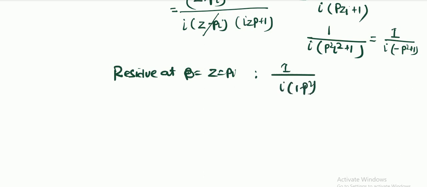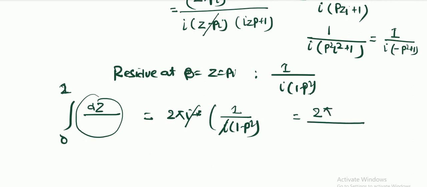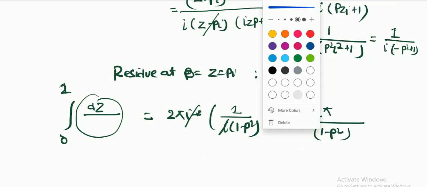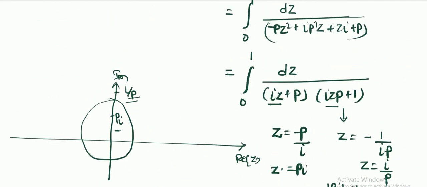Okay, so what will be the value of the integral 0 to 2 pi, that is 0 to 1 dz by the following integral which we have to solve? By using the Cauchy integral theorem, it equals 2 pi I into the sum of the residues. What we are getting as the residue is 1 by I into 1 minus p square. Okay, this I cancels out, and hence the expression of the integral will be 2 pi by 1 minus p square. This is the required solution of the question which I have chosen, and I think this is a good question. So you all should see that in this manner we are able to solve this.